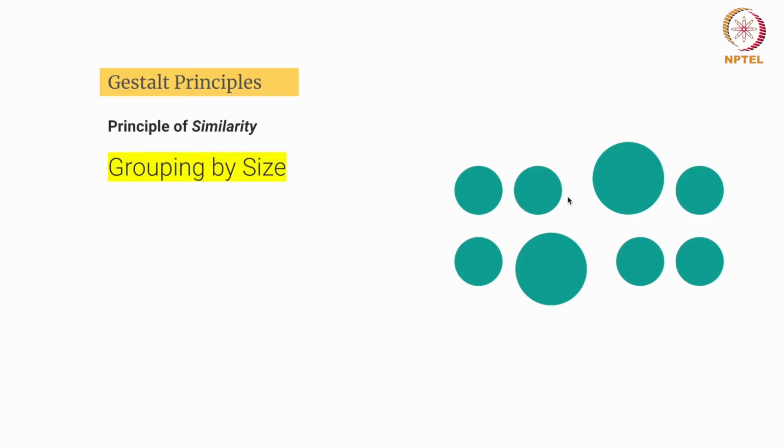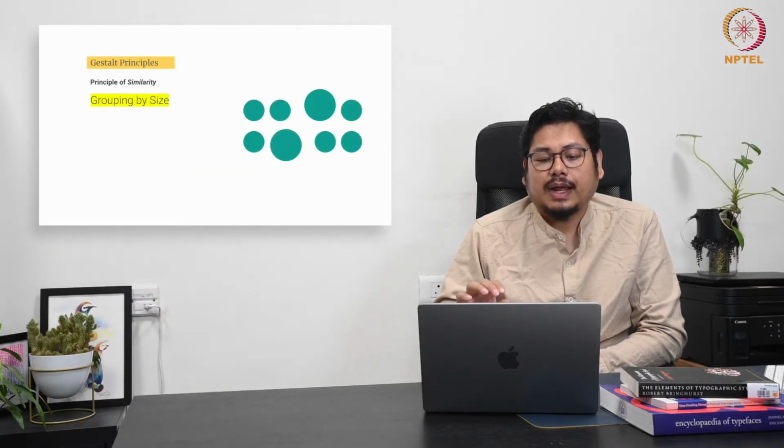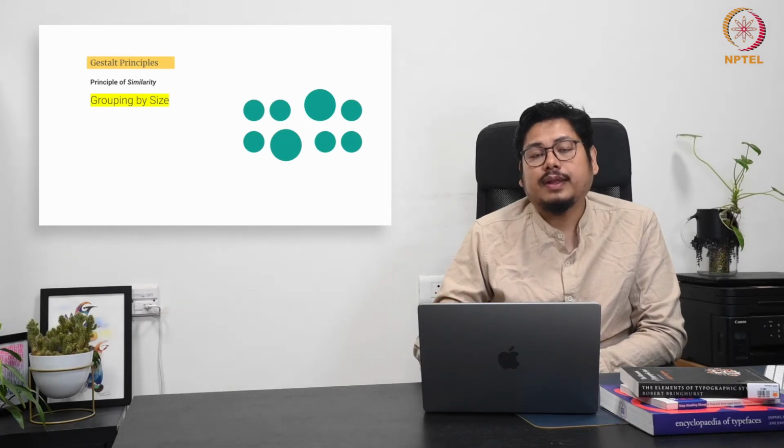So automatically your brain is trying to signal you that these smaller circles are correlated with the similar attributes of this smaller circle. Similarly, the bigger circles are associated with each other. So this is where our brain quickly creates a perception based on the representation, how it has been done. And again, as I said, the overall idea of this discussion is about grouping by size, and how size played an important role in navigating us towards understanding that these two things may be similar and the rest of the elements are grouped together.